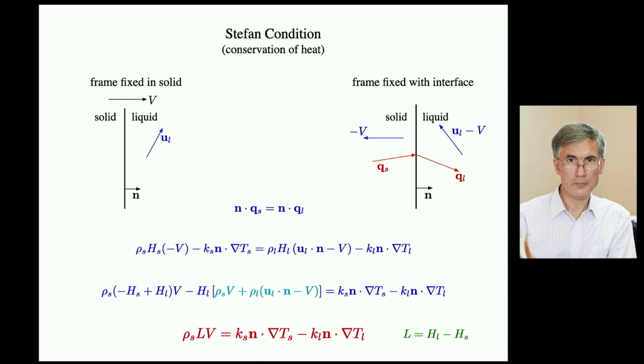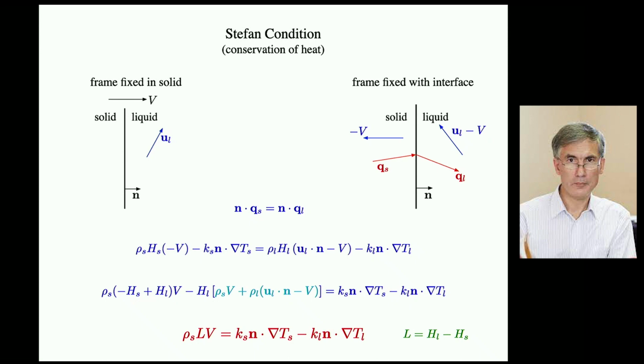This rho S HL times V, and then this term comes from here, and here are my diffusive terms. The point being that now again in this lighter shade of blue, we have an expression of mass conservation at the interface. So by conservation of mass, this term is all 0, and what I'm left with is